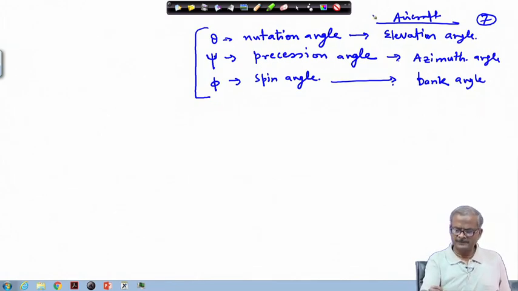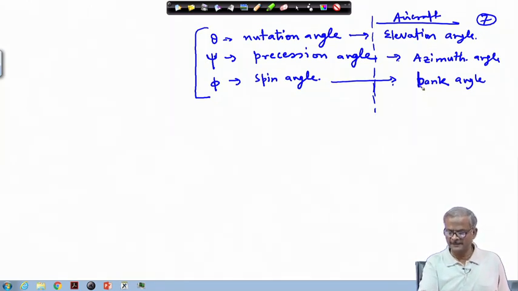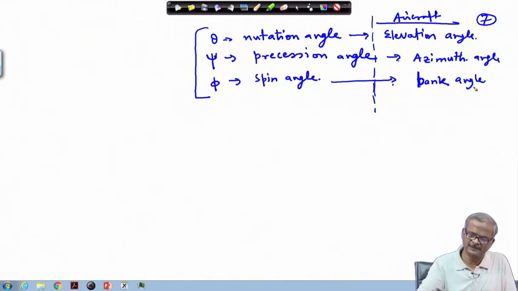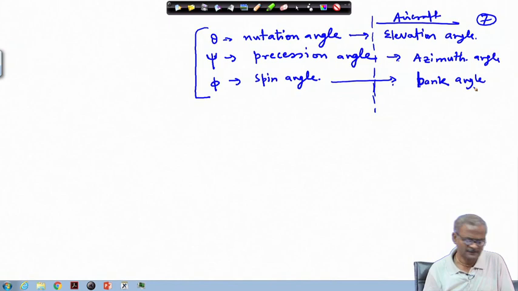In the case of aircraft, things are much more complicated. There is a difference in the bank angle, bank about the body axis and bank about the velocity axis. These are different terms, and the whole thing gets quite complicated and is out of context here. So we are not going to discuss that.